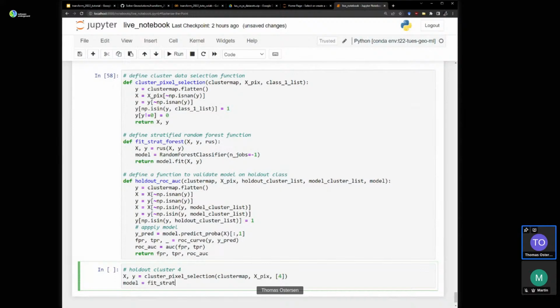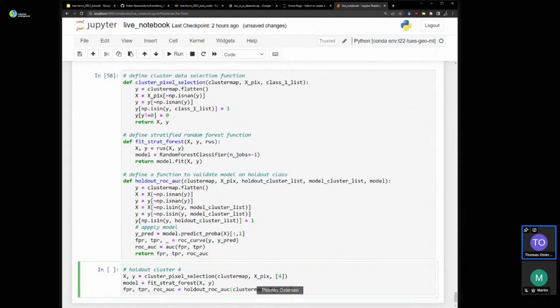Fit strat forest x, y. FPR, TPR, ROC AUC equals holdout ROC AUC, cluster map, xpix.